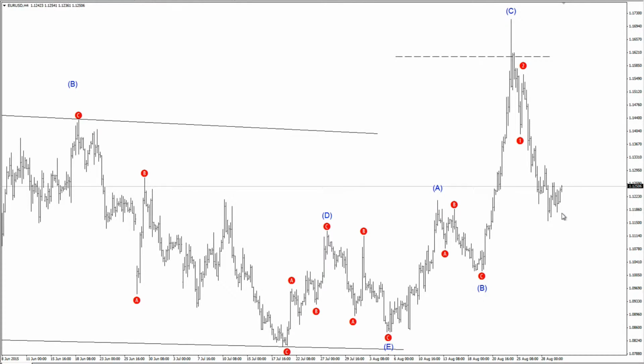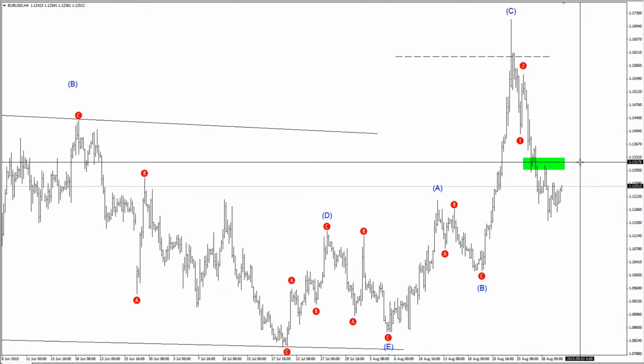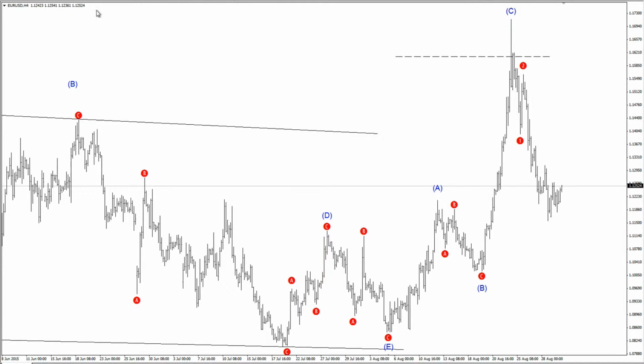We are now slightly higher and going higher, and I believe this is possibly a minute wave 4 correction of this first wave down, and we should see a sideways correction forming here, possibly even the latest peak at around these levels. 113 possibly is the first A wave. This would mean that we should see a push towards these levels, maybe 113.25 around. Or then another option is that the third wave is,